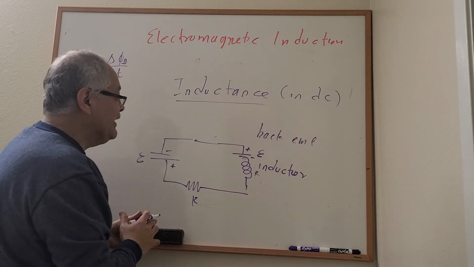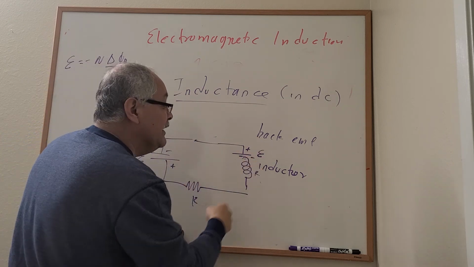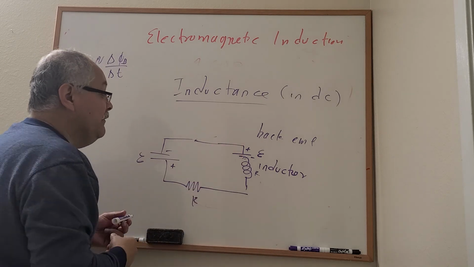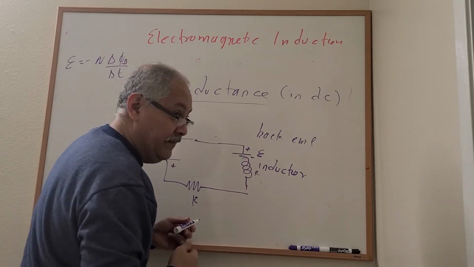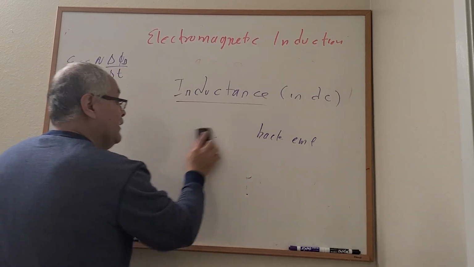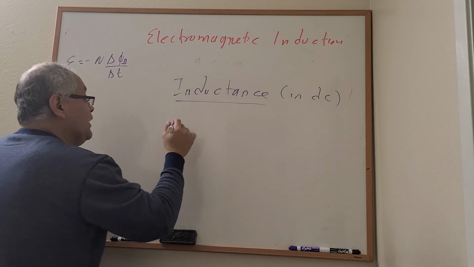Got it? Okay, that's the idea for inductance. We call this the self-inductance. Okay, now let's find the equation that gives us the amount for this self-inductance. Okay, let's do it. So we found that we have a change